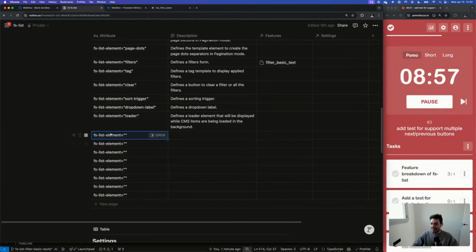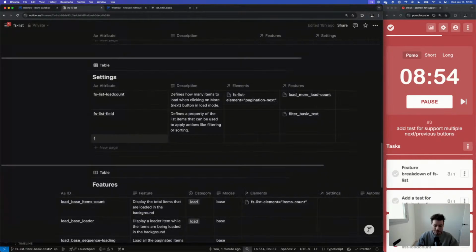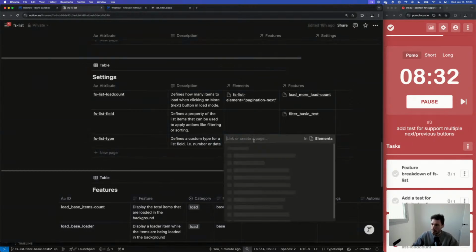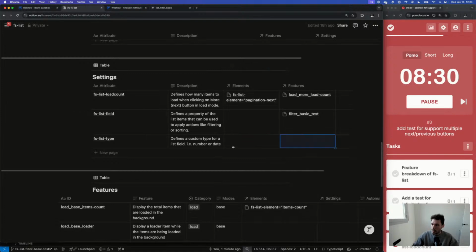Great. There's another setting that we need to play here, which is fs list type. And this defines a custom type for a list field, or number or date, like that.